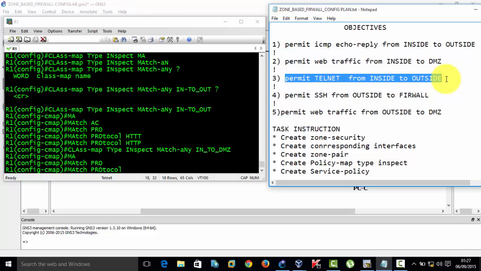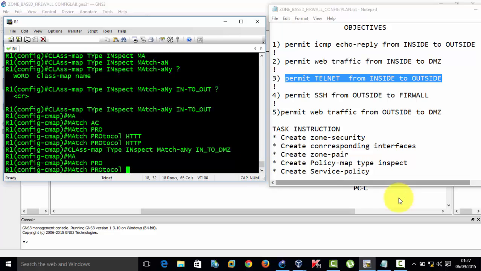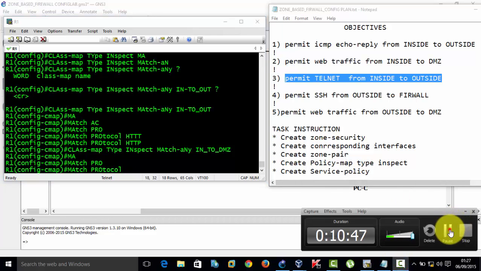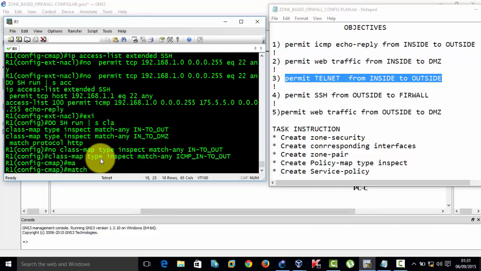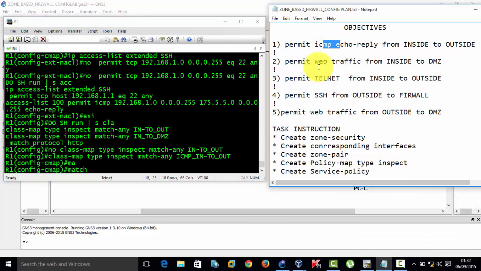Oh no, that was in and out. Class map inspect match any in to out. Yeah, that was into. So class map inspect match any ICMP into out. That's the first class map we did here, and then we say match